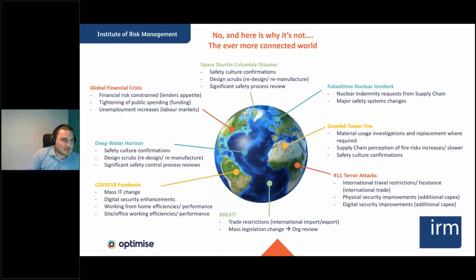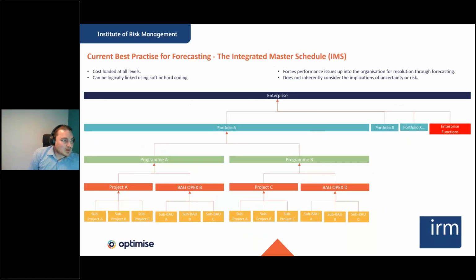So understanding that risk profile throughout the organisation and putting it into some form of model will really help you have a more accurate, not necessarily precise, but a more accurate view of where you're likely to achieve your objectives and your mission and your vision for the business. So I'm just going to quickly talk through the current best practices, and then I'm going to talk a little bit about how we think we might be able to do things a little bit better.